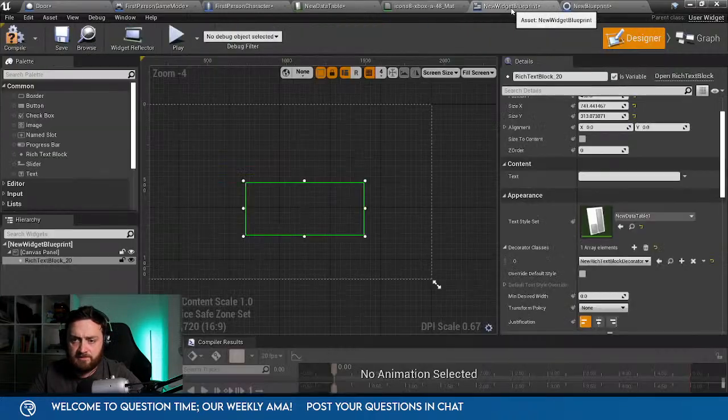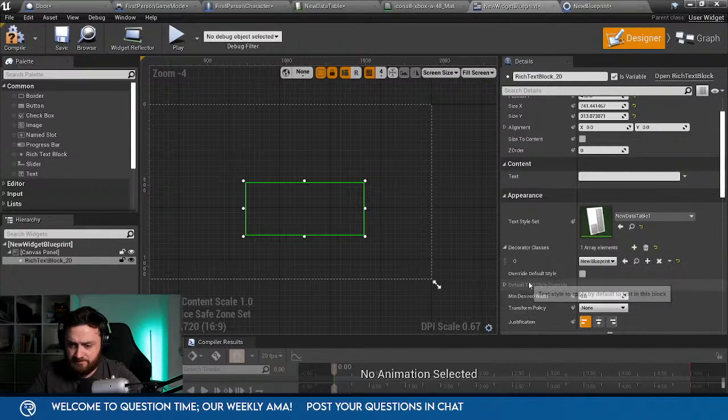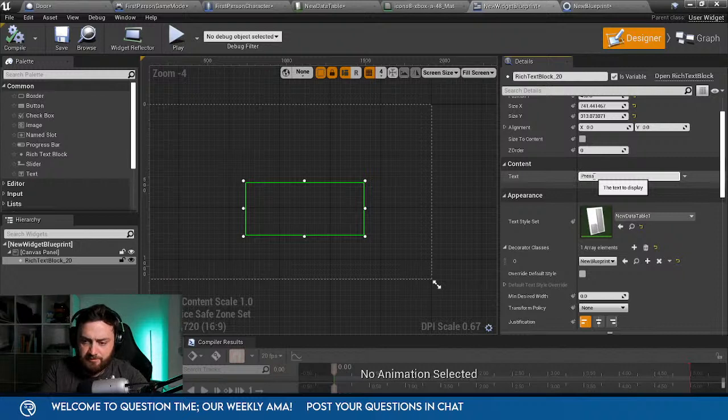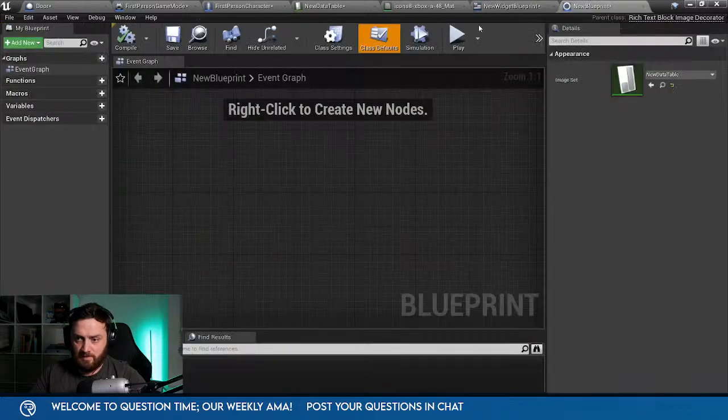Okay. A widget. Let's use the one. And hit compile. Okay, in there. Okay, so we'll do press. And then it is the image. I can't remember what we do now. ID equals A button. To interact with. I'll save.